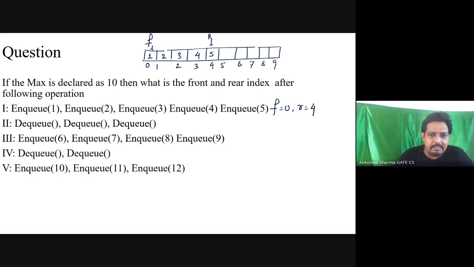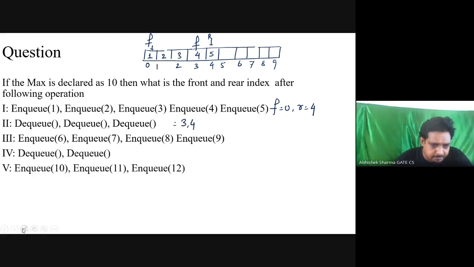Then DQ has been performed 3 times. So first delete and then increment, delete and then increment, delete and then increment. This F will become this. The second answer is 3 and 4. Let me just clear it so that you'll be able to understand in a better way that I deleted this, this, and this, and front and rear.